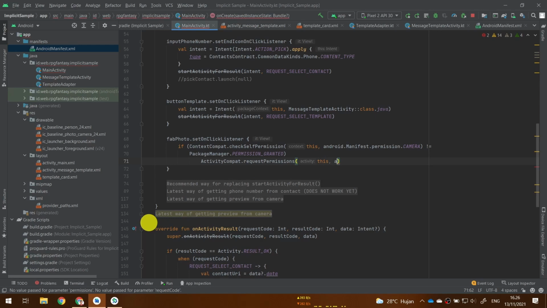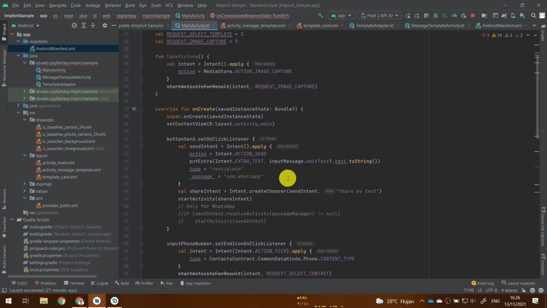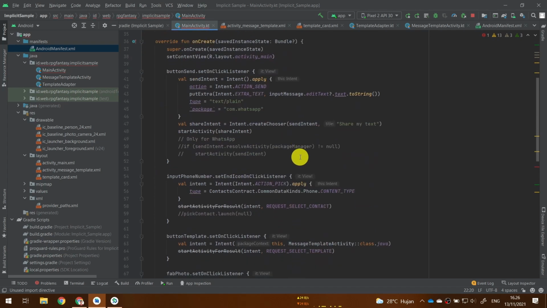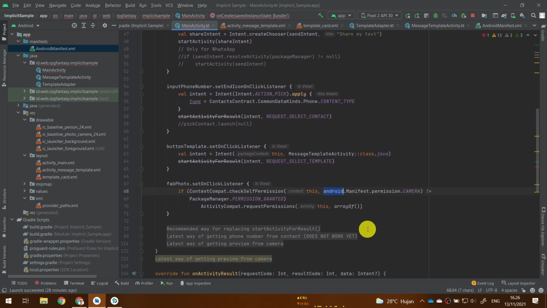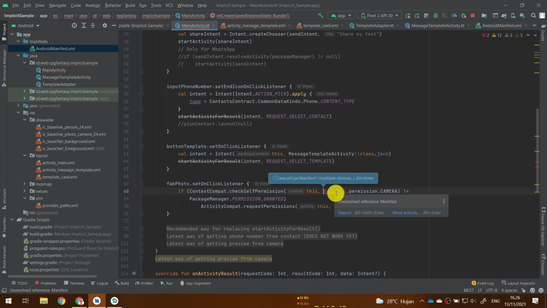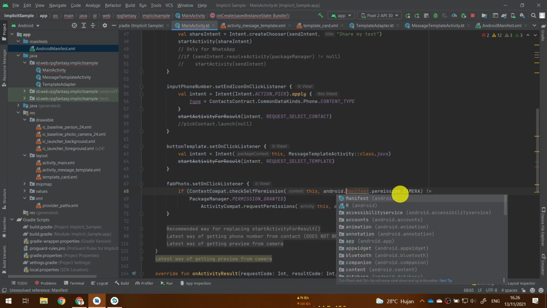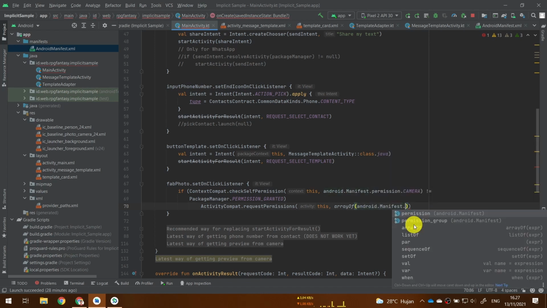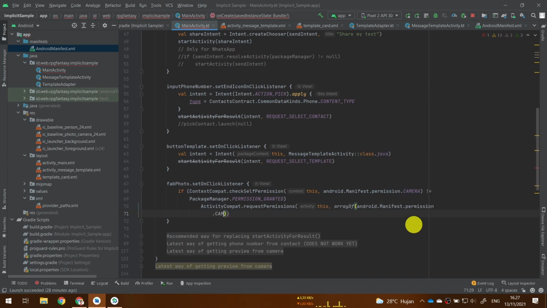So let's make an array of manifest, again not the Java util. I think I will delete my import first for the Java util manifest. I must still call Android manifest, that's fine. The array content is Android manifest permission camera.